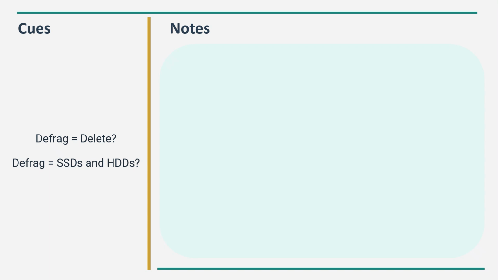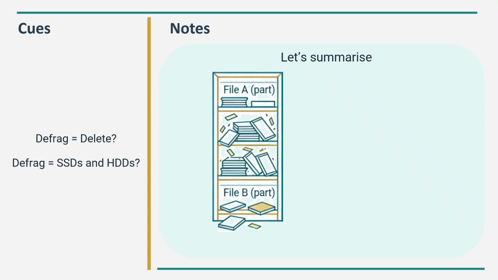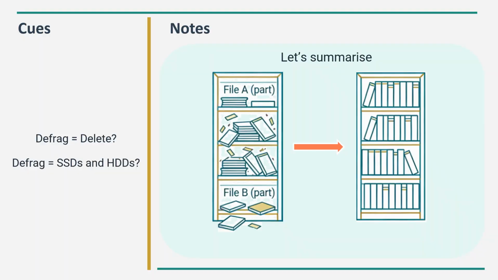One question you need to ask yourself now is, do you think that running the defrag utility software on your computer will delete files? The answer is no. The files on your hard disk drive stay on the hard disk drive. They are just organized and together so that the disk retrieval time is faster. And always remember that only HDDs can be defragged because of the disk that is present in the hard drive. You can see the round CD-like disk on the HDD.